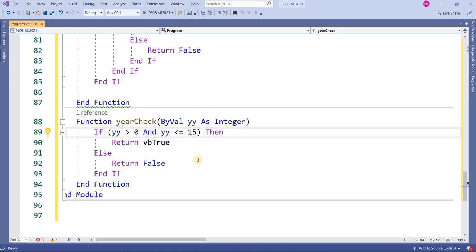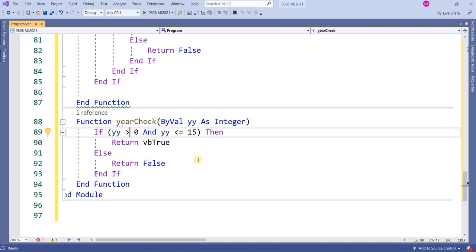That's why I am putting the last date as 15. 21 minus 15, at least 6 years. A minimum of 6 years and the maximum is greater than 0, meaning starting from 2001, 21 years. This is the criteria that I am putting.